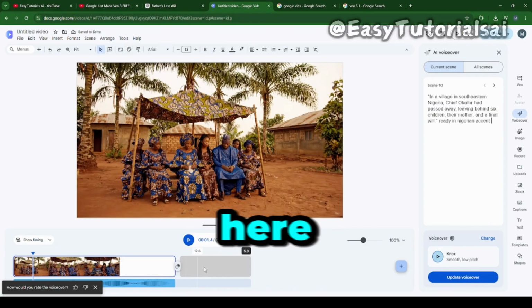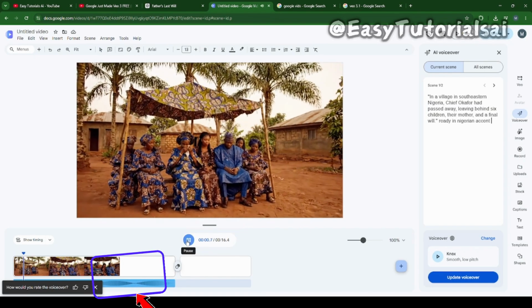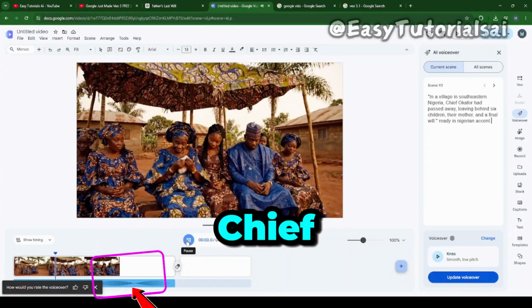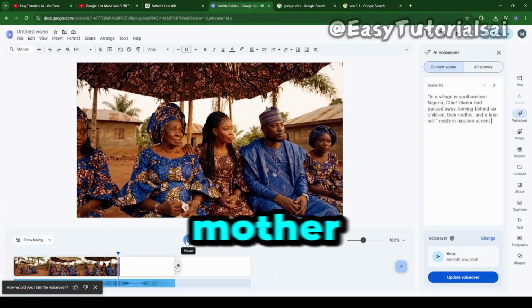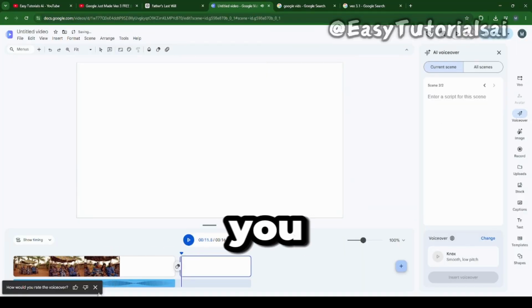In a village in southeastern Nigeria, Chief Okafo had passed away, leaving behind six children, their mother and